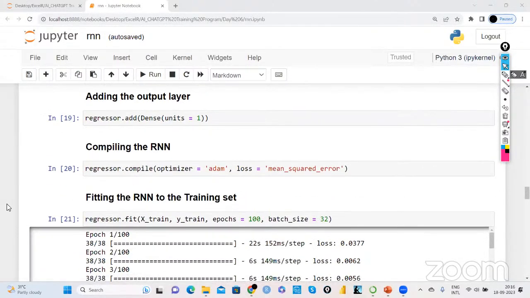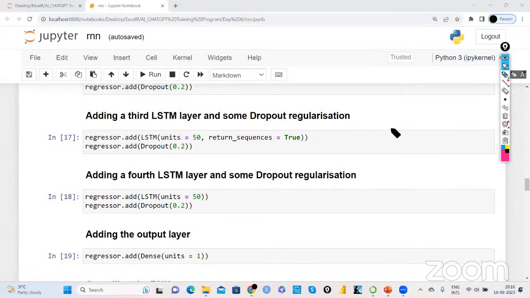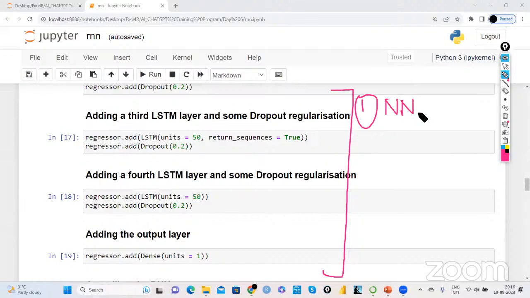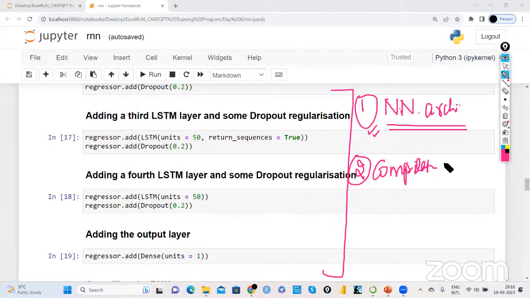Now, the rest of the part is the same. Up to this part, we have done the network architecture phase. The first phase to build any kind of deep learning model is to define the neural network architecture, right? Up to this point, we have done the first phase, which is the neural network architecture. What is the second phase? The second phase is compilation of the model. And the third one is the execution or training of your